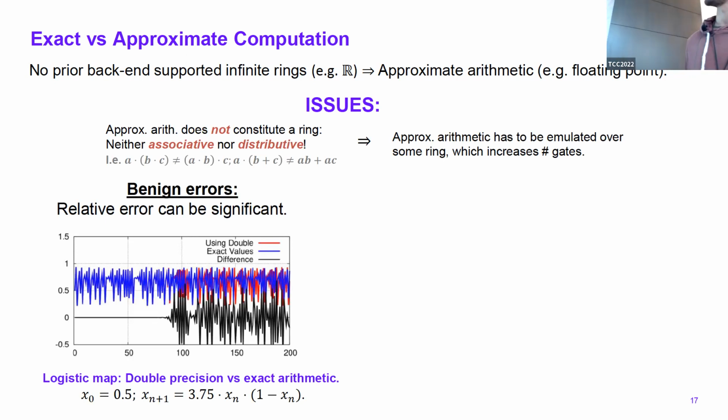So here I have one example, a logistic map. What you can see in blue is the term x_n, and that's the n axis, when you do exact arithmetic. In red, you cannot really see it, but that's what you get when you do approximate arithmetic using double precision floating point numbers. And the important bit is what you can see in black. This is the difference between both of them. So the relative error here is pretty big, and also the behavior is not quite easy to deal with.